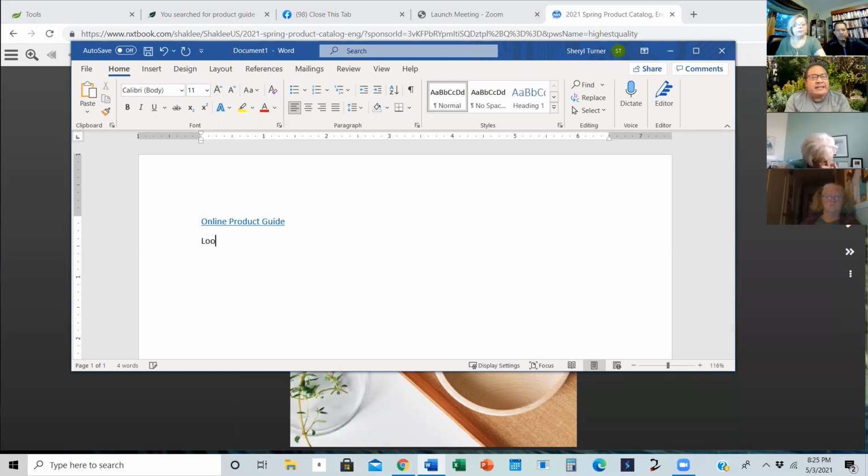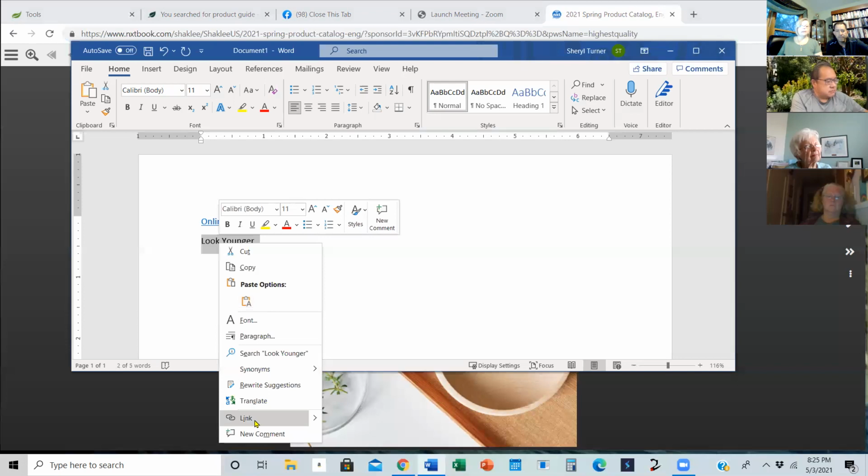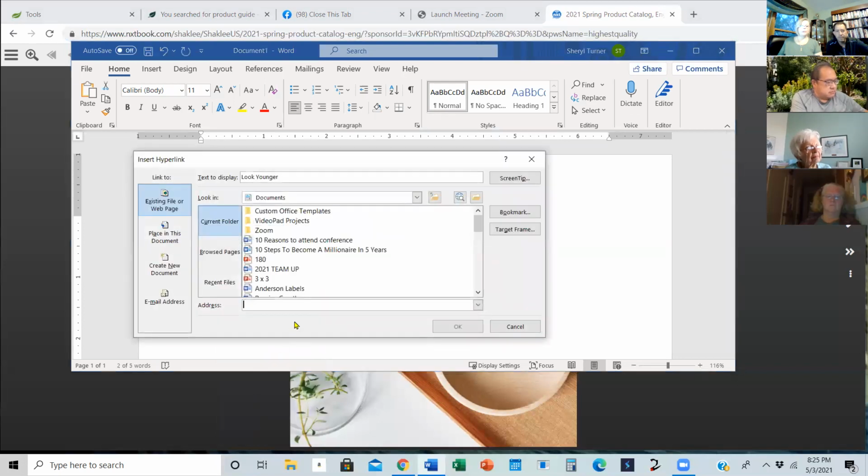It doesn't have to be the name of your business. It could be anything at all. It could be an image. You could put an image and hyperlink off the image. You highlight the words or the image, right click, go down to link,